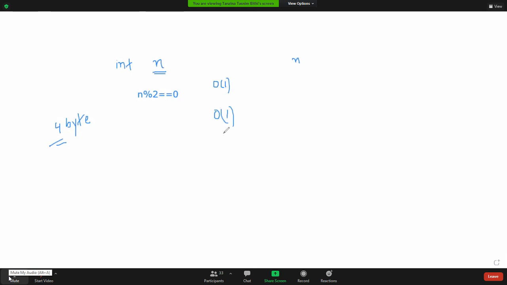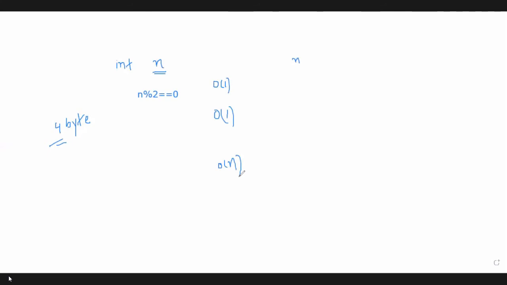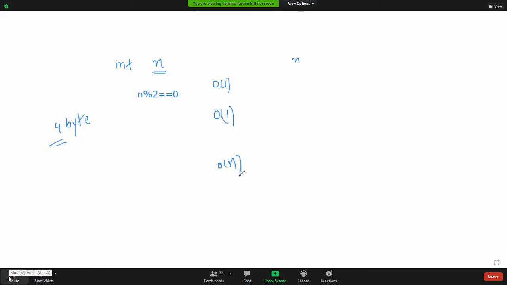Okay? So when will the space complexity of a program be order of n? If it takes more than 4 bytes, how? Like for a float value or double. Yeah, but at that time also you were taking only one variable, right? You just changed the data type, but still the number of variables is only one.